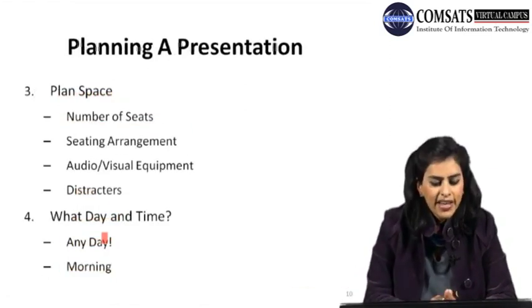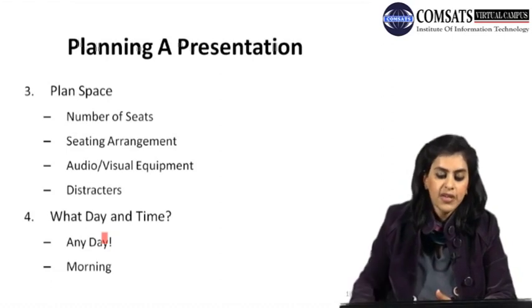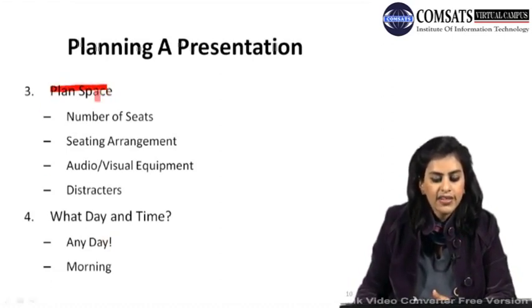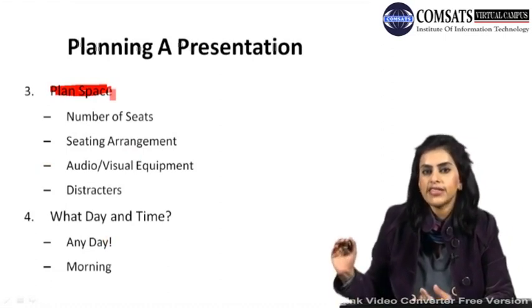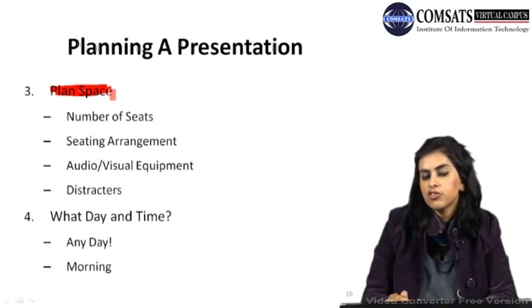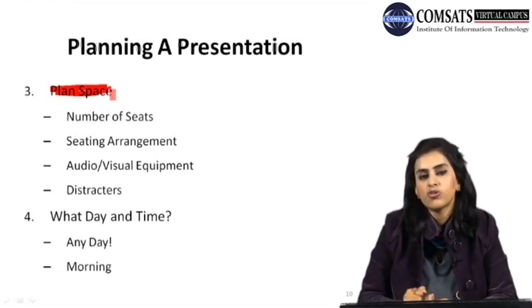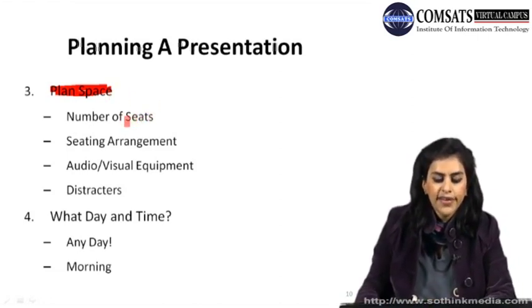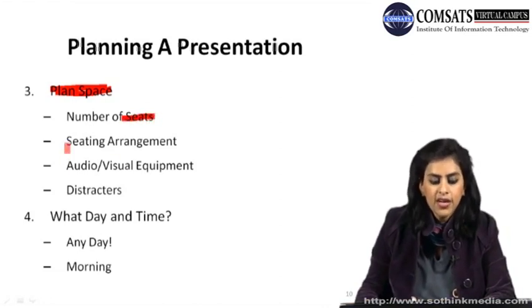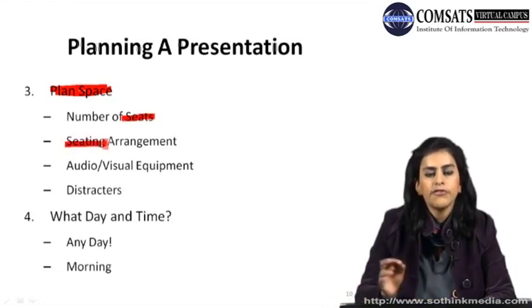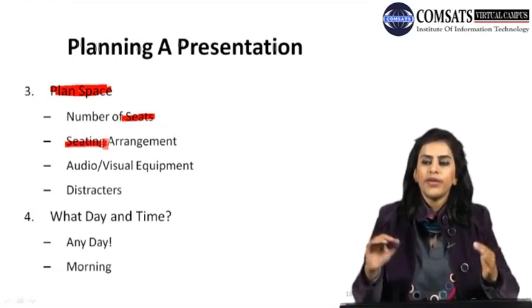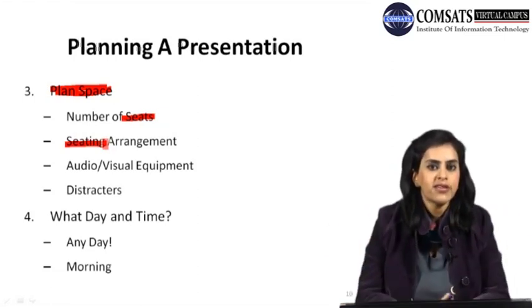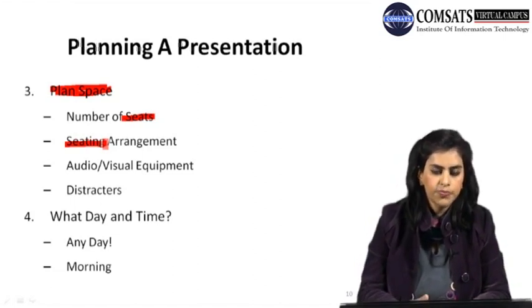Now moving on to the next slide, see how you plan the space that is related to the audience. Check out the number of seats which are available. Maybe you are presenting in the discussion room, maybe in the classroom, maybe in the seminar hall. So try to see what is the number of seats available and how many audience will be there. So your seating arrangement, if you are planning any kind of business or informative presentation, you can make your audience sit in a semicircle and see that everyone can see you.